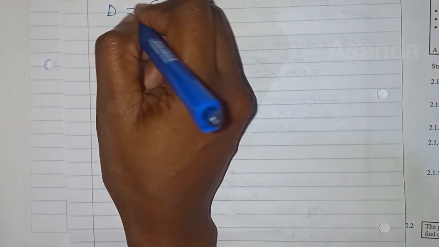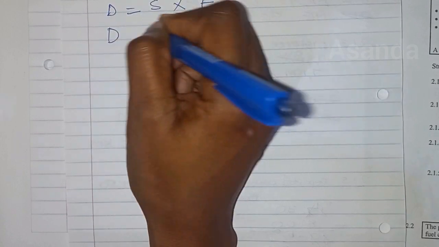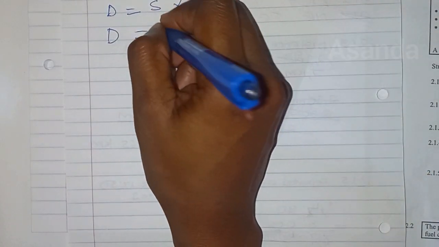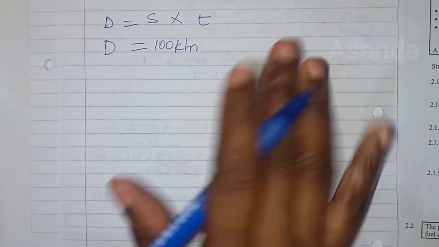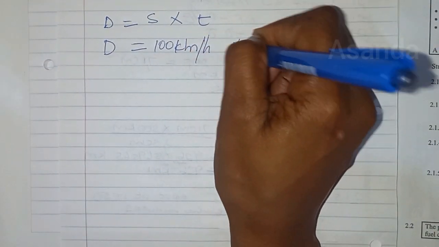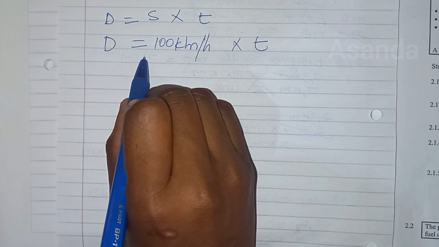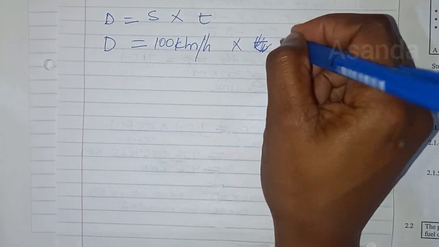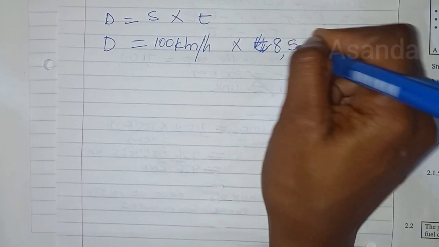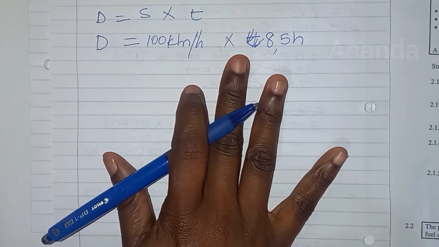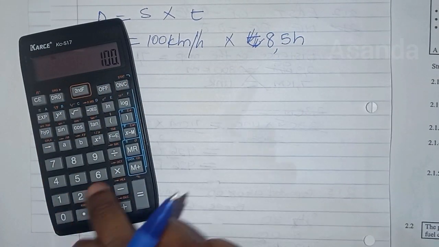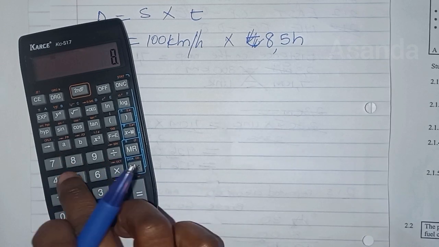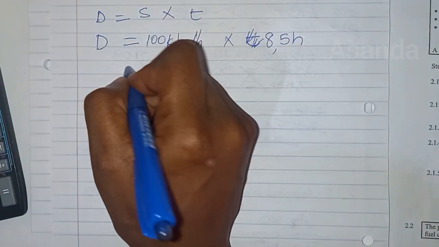The distance that we want to calculate is equal to speed, which is 100 kilometers per hour, times time. We said the time is 8.5 hours. So 100 times 8.5 is equal to